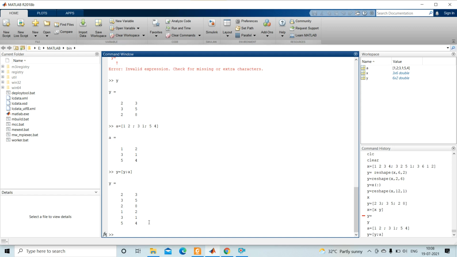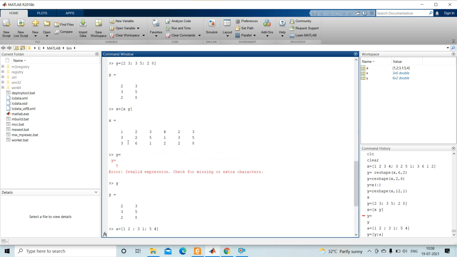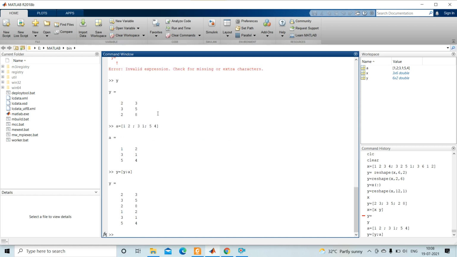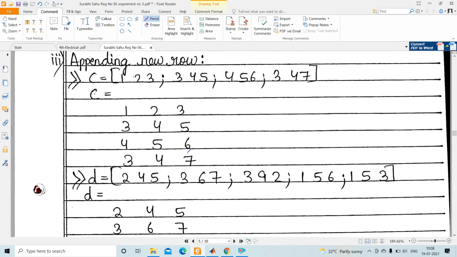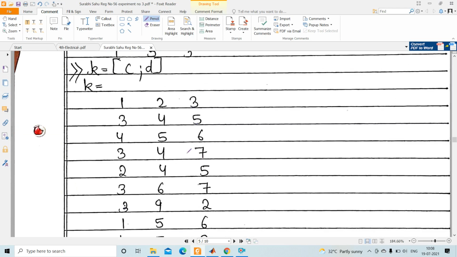So here the rows are added by using this command, and here the columns are added by using this command. So clearly understood how to append rows or columns. Okay, appending means adding rows and columns. Then the appending operation is done.